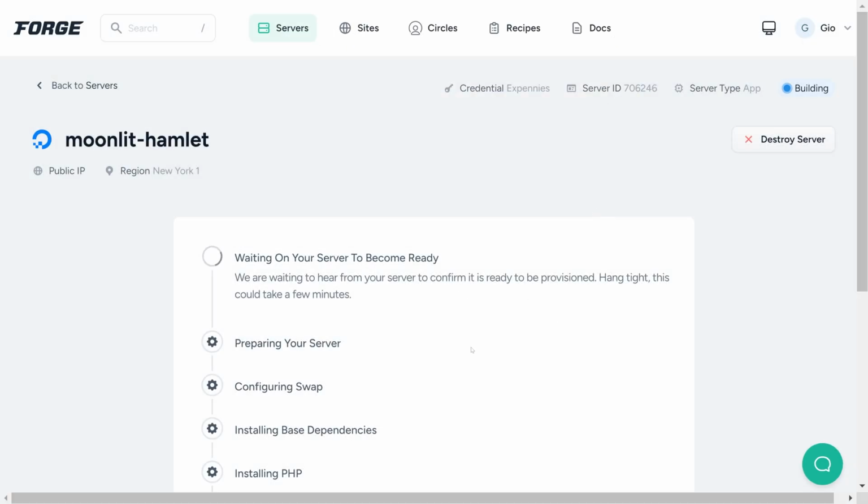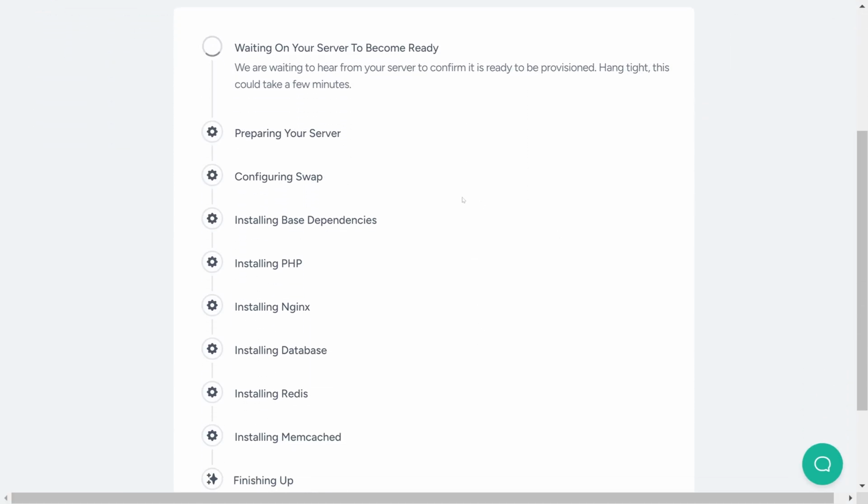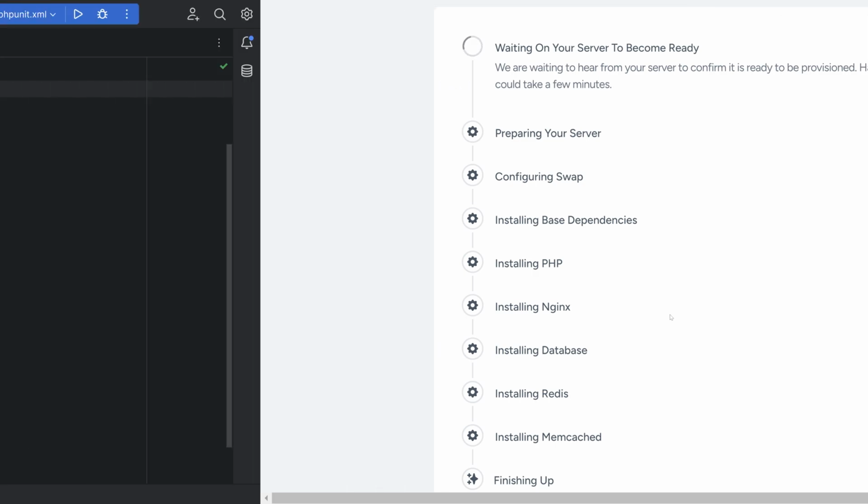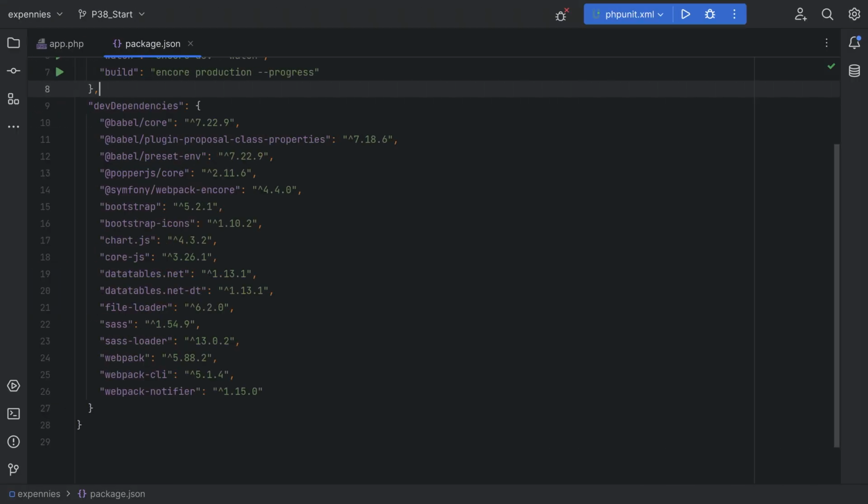Now this is going to take about 10 minutes to provision. As you can see, it is basically doing all these things for you. It's installing PHP, Nginx, database, Redis, Memcached, and then once it's done, you'll be able to deploy your application. Now while the server is being provisioned, let's go over some of the adjustments I made behind the scenes to